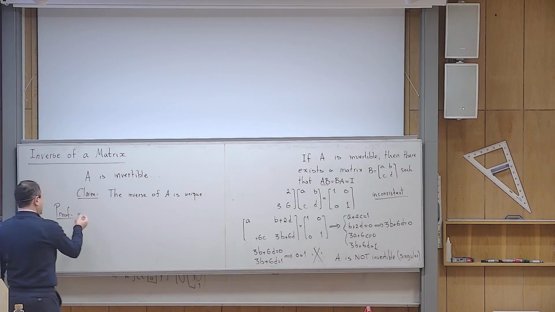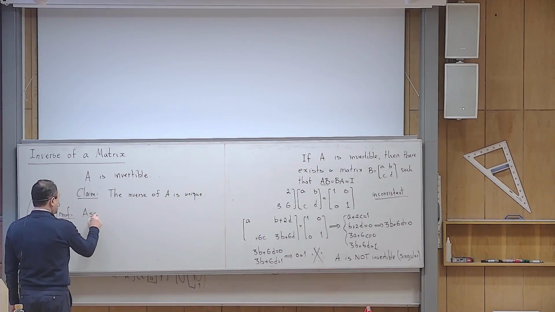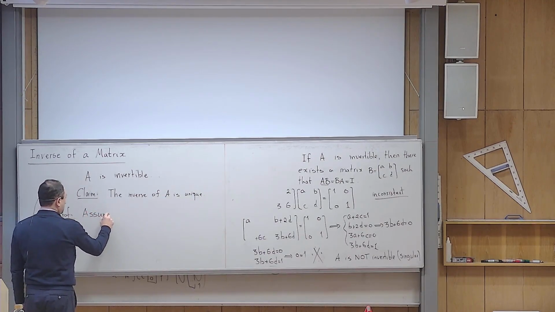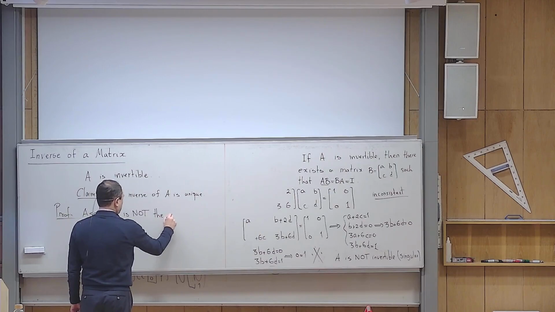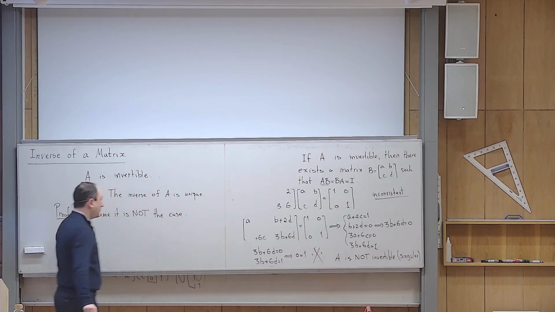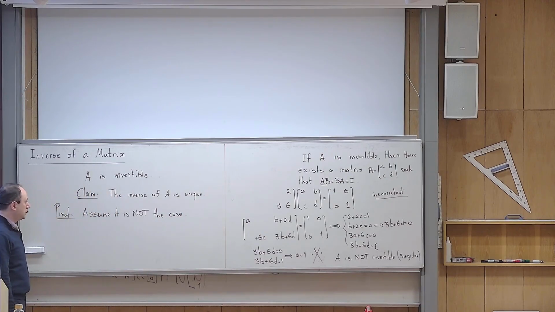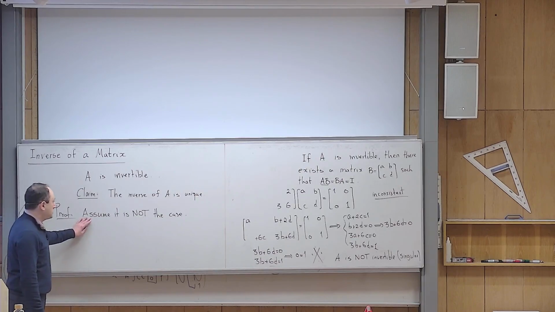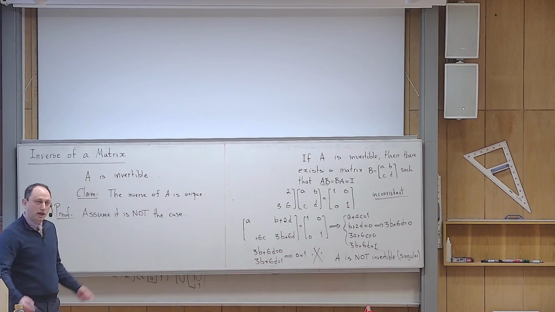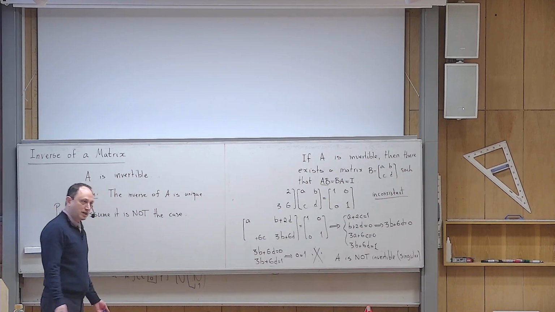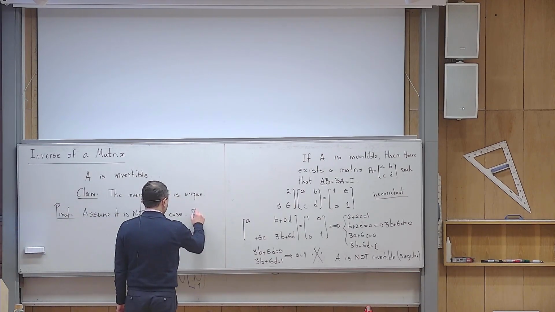Let us assume it is not the case. I am claiming that the inverse is unique. Let us assume for the moment it is not the case. So it is not unique. So then what happens? What does it mean when you say it is not unique? It means that there are at least two of them. Yes? So this means that, therefore,